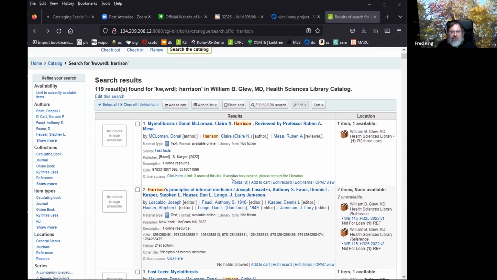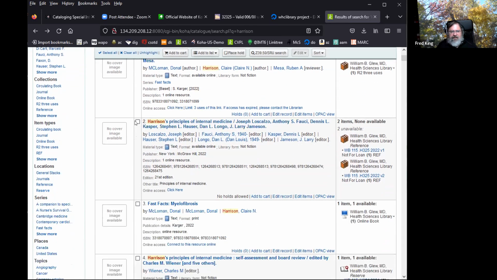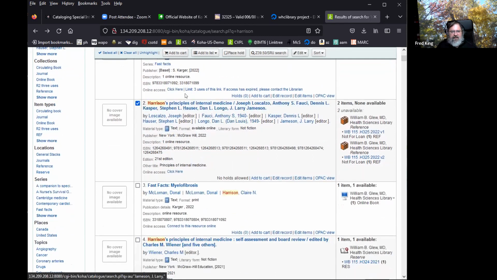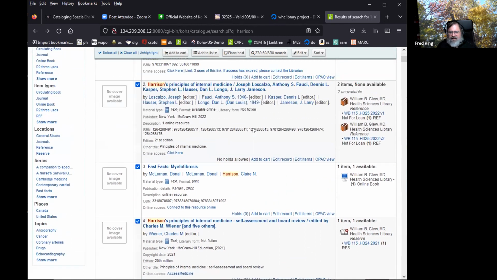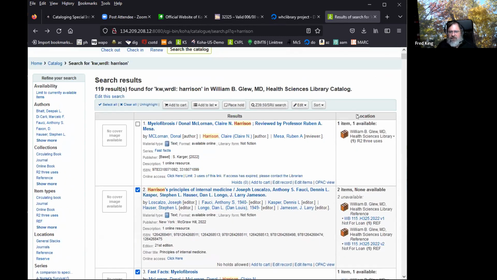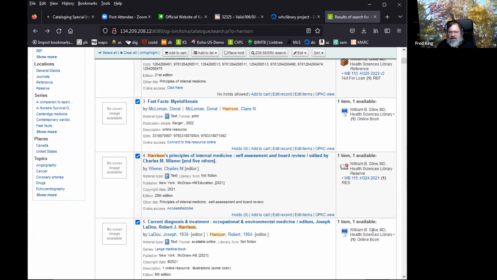Let's see, here is an R2. We get 3 sessions, and then you have to buy it. And let's try Harrison's Principles of Internal Medicine, one of our more popular ones. We also have it online. These are all books with items.